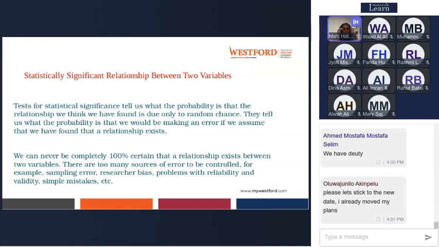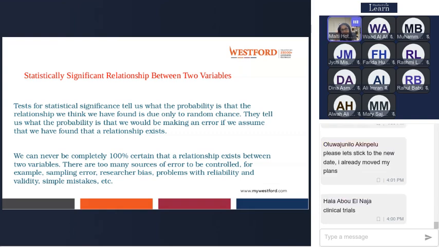So in STEM streams, you have very little error acceptance. When you're testing your medicines on animals or on humans, the error should be very small, that is 0.01, a 1% error.